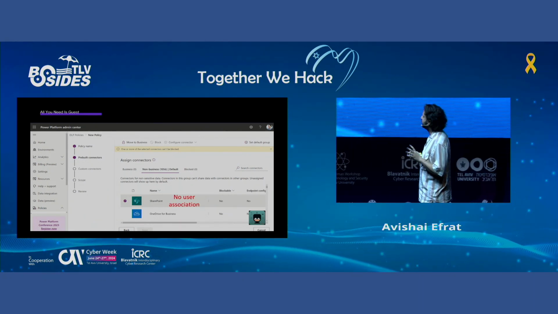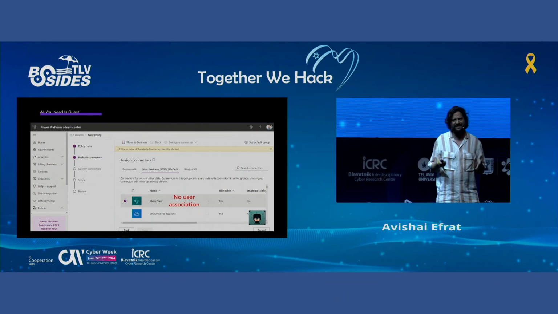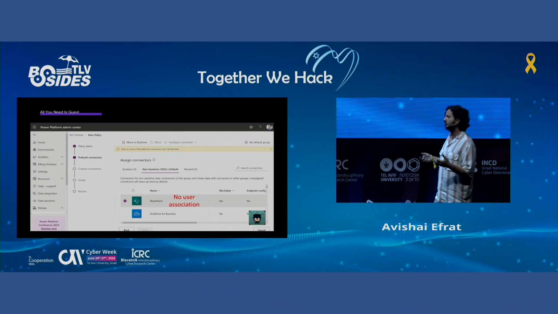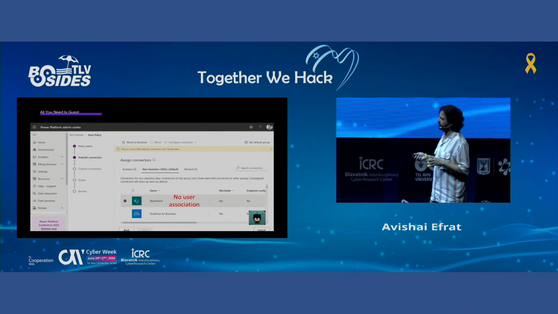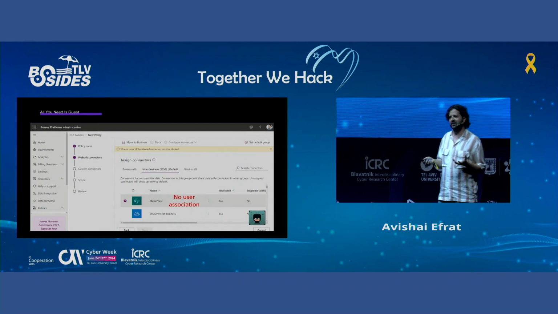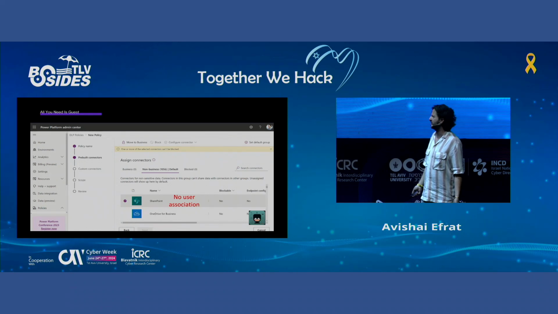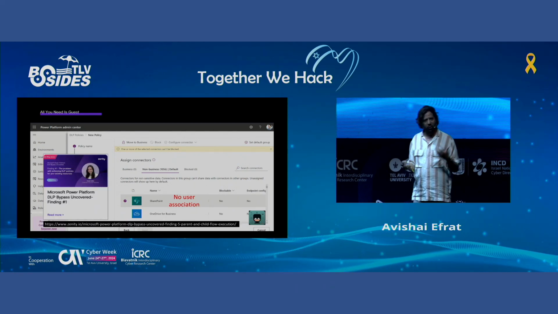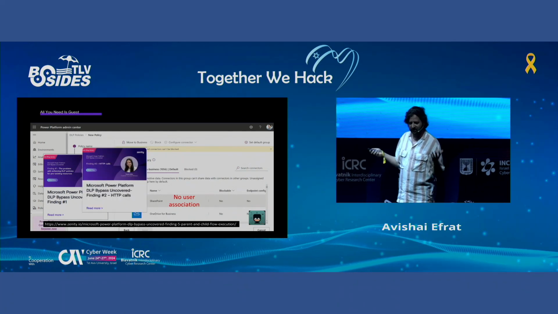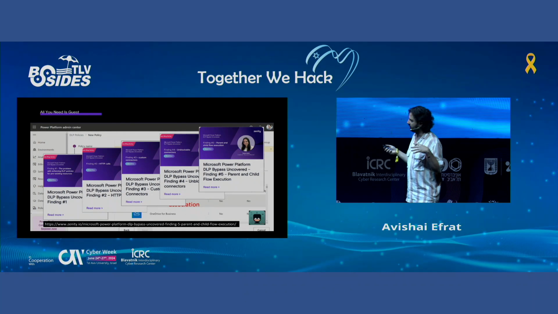And that's a little bit of an issue because we don't have any user association here, and we're basically saying, okay, I don't want any app to use this kind of data source. You could start to think about this as a hacker and say, wait a minute, that leaves a bit of a security hole, right? So we at the company actually have a hobby to find these security holes. There are quite a few. And the thing about these are that